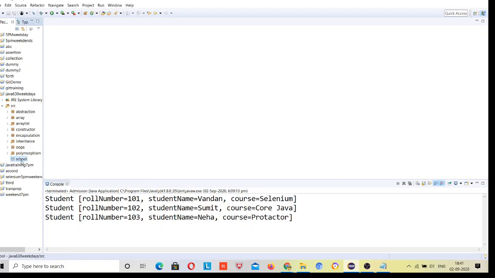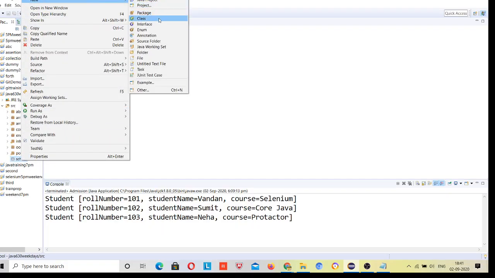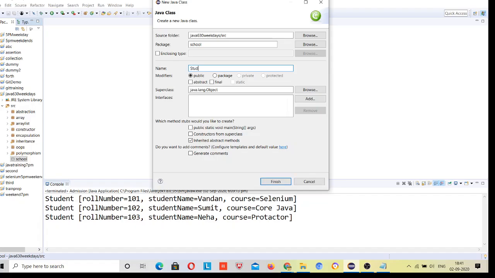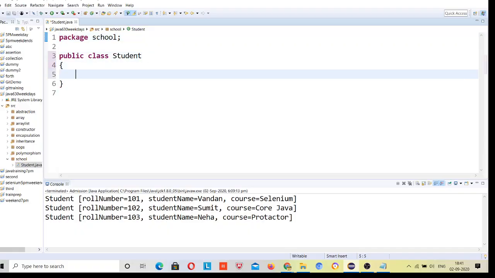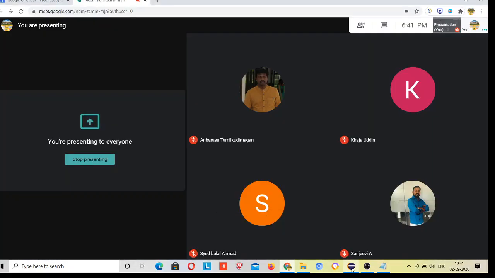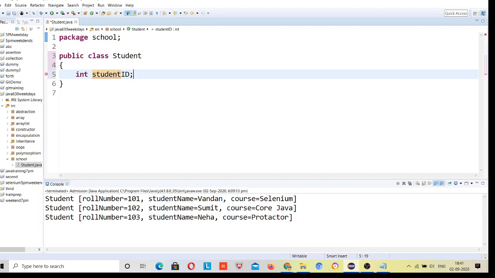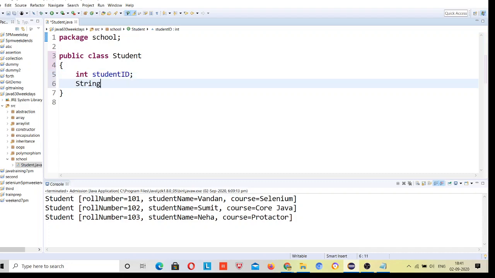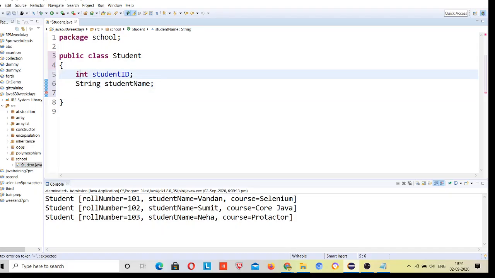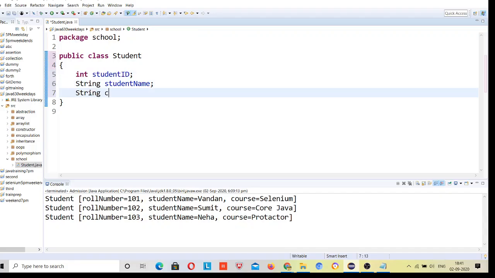Now here, a new class, this is a class Student, and this Student has int student id, string student name, and string course. From this day we are following the standards for variables, methods and declarations, that names should start with a small letter and then capital for each new word.